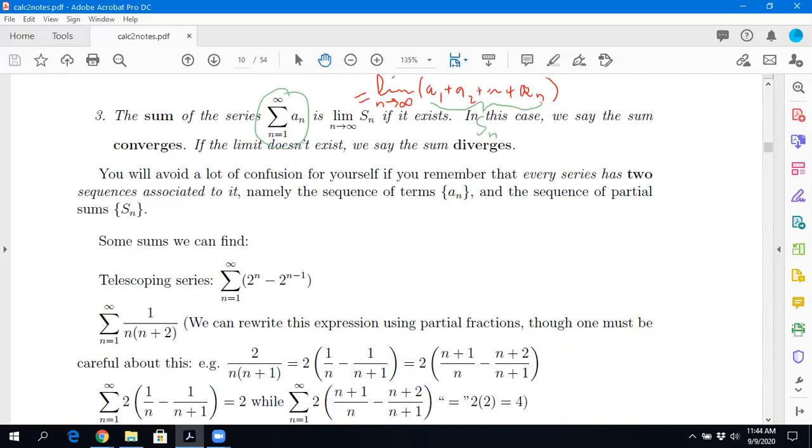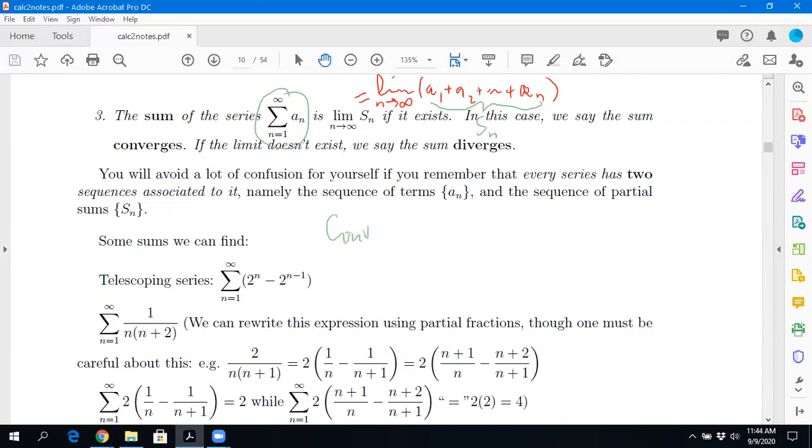something that we're going to make rigorous later on. What has to be happening to the terms eventually as I add them on? What would have to be happening in order for the partial sums to be getting closer and closer to some number? What would have to be happening to the terms? They would need to be getting smaller and smaller and smaller. It needs to not be affecting the overall sum that much. So that's going to be something that we're going to be able to use to our advantage later on, I promise. Okay? So convergence of the series, okay?